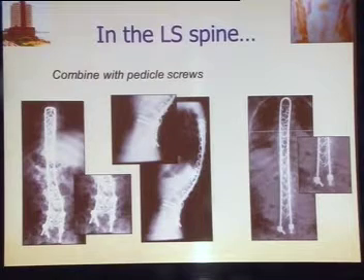If you have to go into the lumbar spine, you have to innovate, and in both these cases or many others, we had to make screws which had a head that could accept a 6 mm stainless steel rod. Then we would cut the rod. This is technically a bit challenging, because when you cut